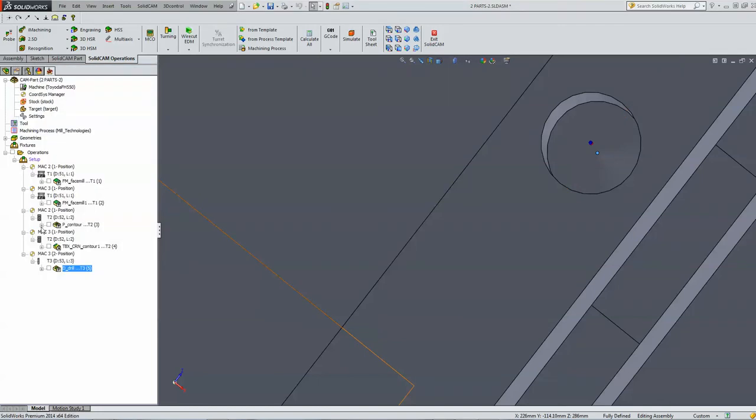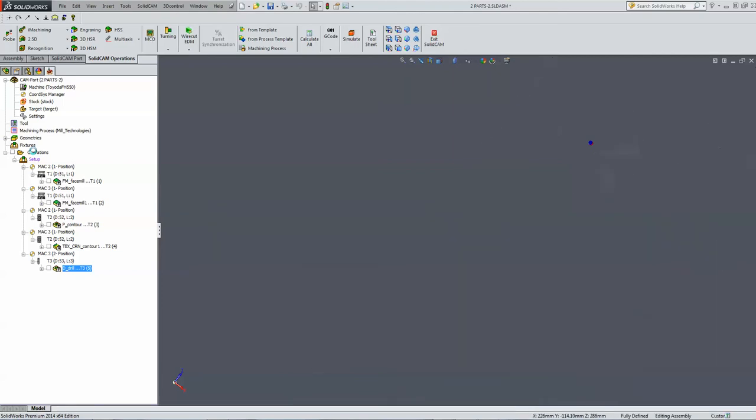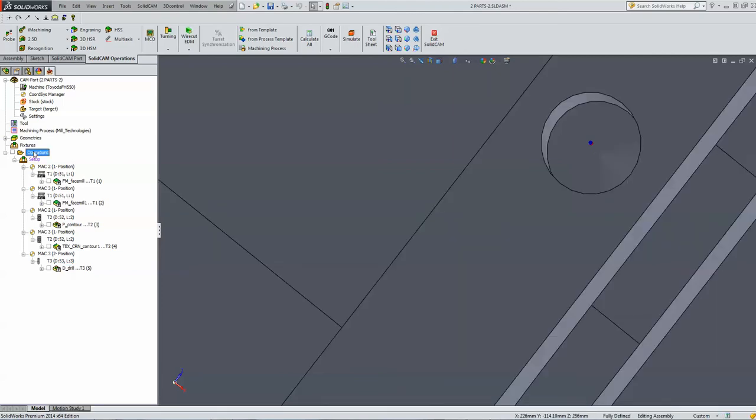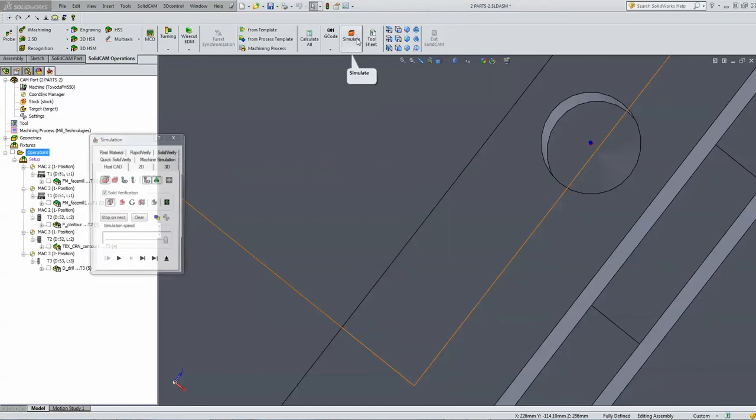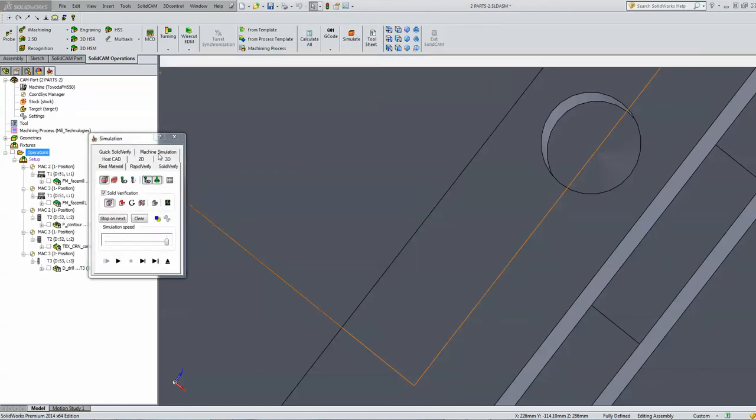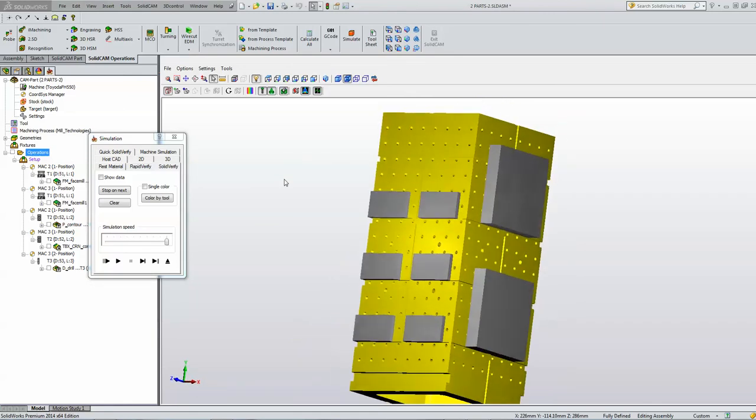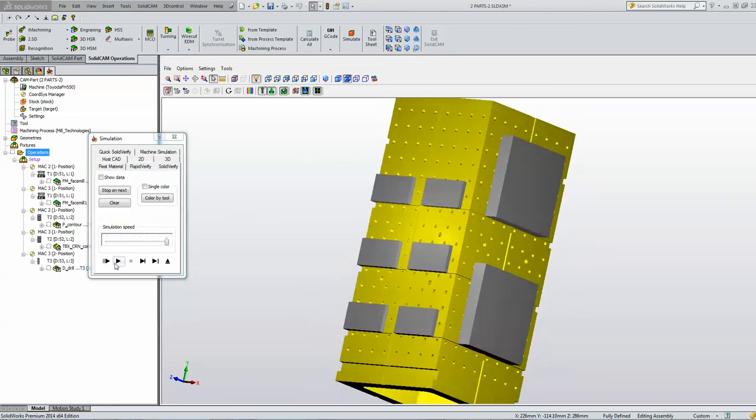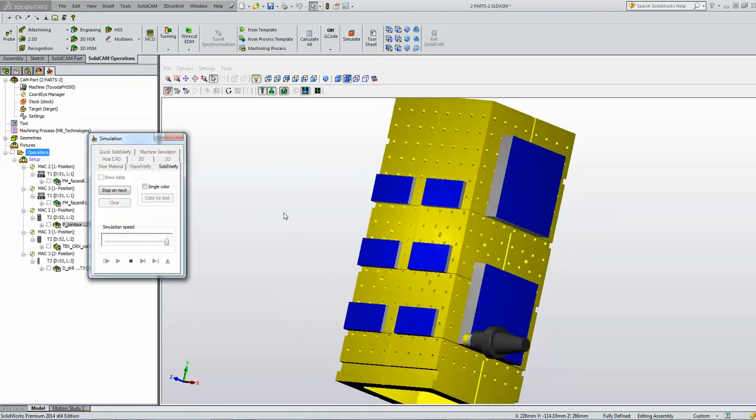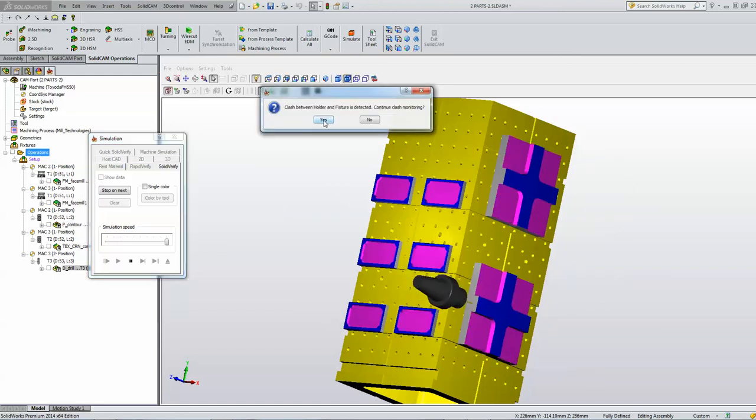And now let me go back to my operation. And this time we'll run the simulation using Solid Verify. Simulate, Solid Verify. You can see my fixture there as well. And everything is done, including the drilling